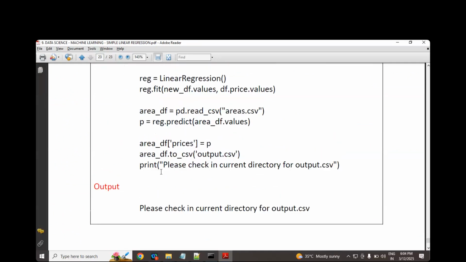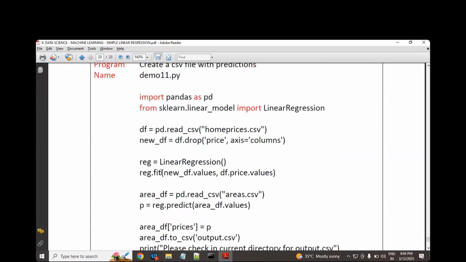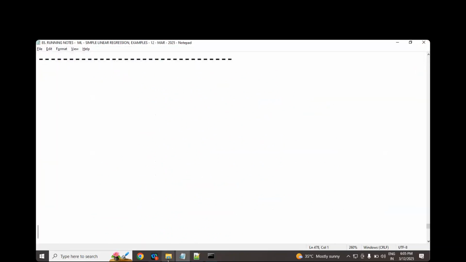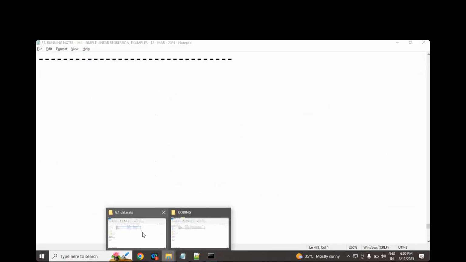Can I ask a question? Sir, out of all the discussion, 70% of the code belongs to pandas only. Will you accept or not? 70% of the code is loading the data, doing the data preparation and splitting the data. The remaining is linear regression and machine learning discussion. So what you need to understand is to be strong in pandas. That will be helpful for you. Okay, good. Fine then.